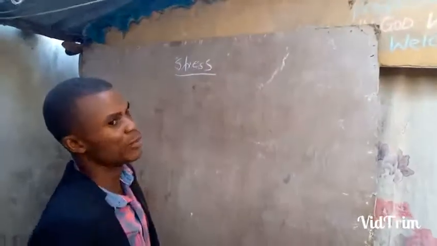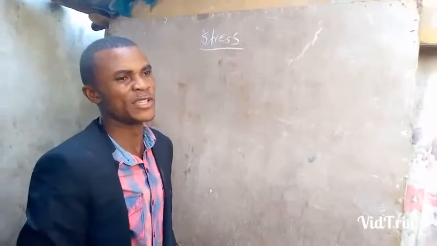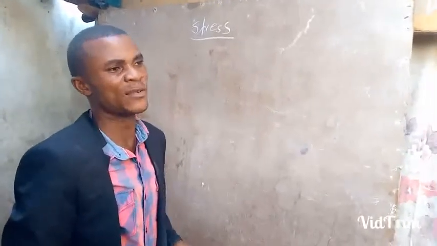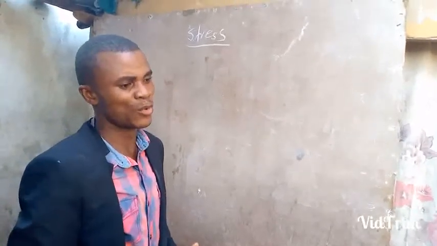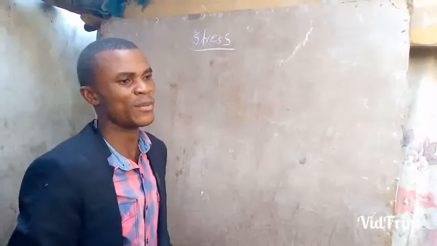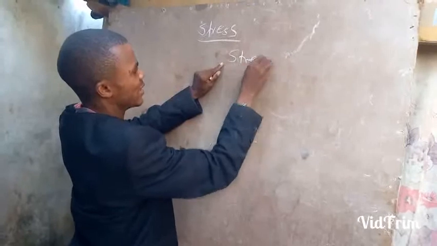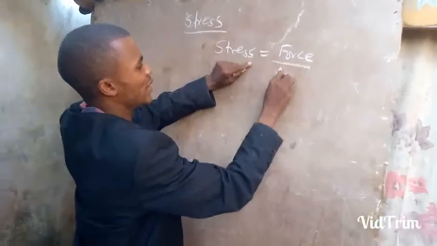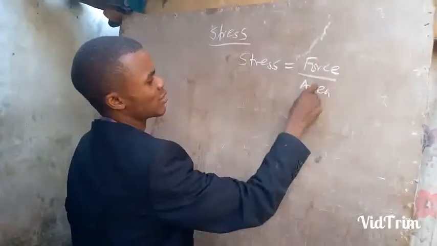The other term we look at under elasticity is tensile stress. Tensile stress, or in simple terms, you just say the stress of the material. The stress of the material is the ratio of the force to cross-sectional area. When we say ratio, mathematically we mean division. So I have the right to say the stress equals the force divided by the area, which in the statement you say ratio of the force to cross-sectional area.